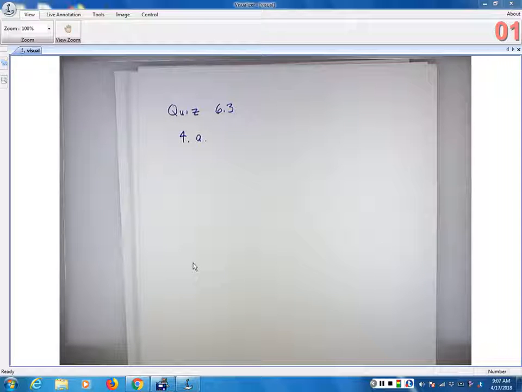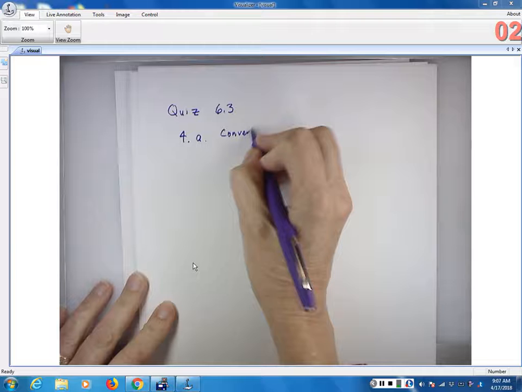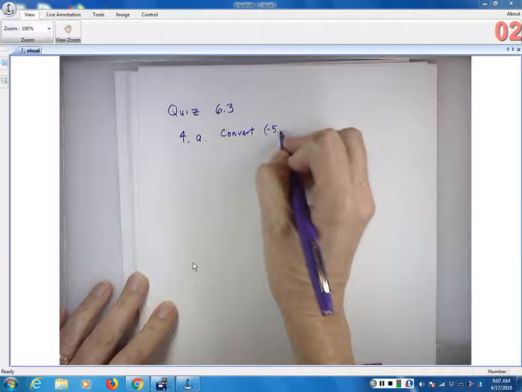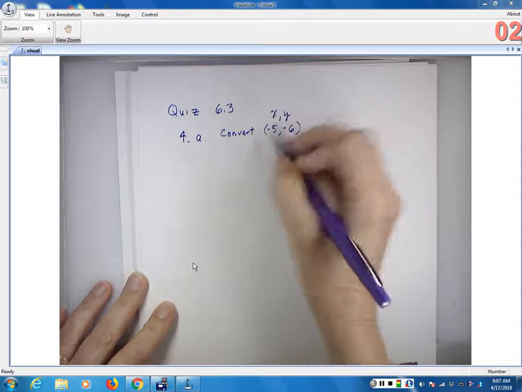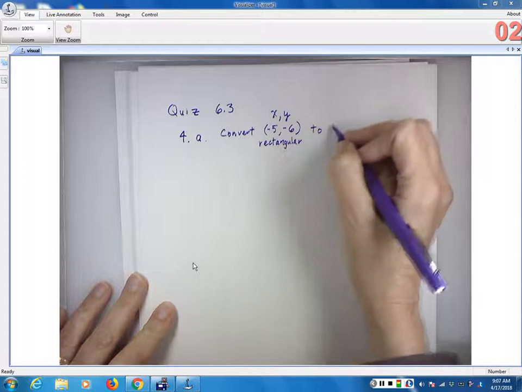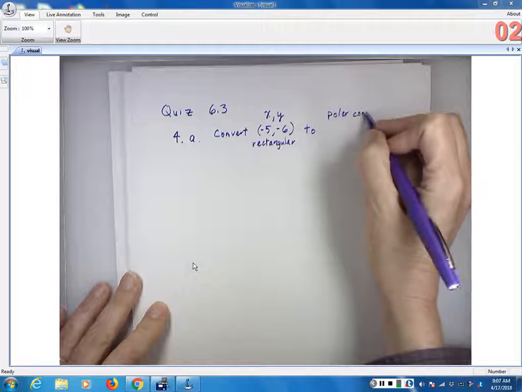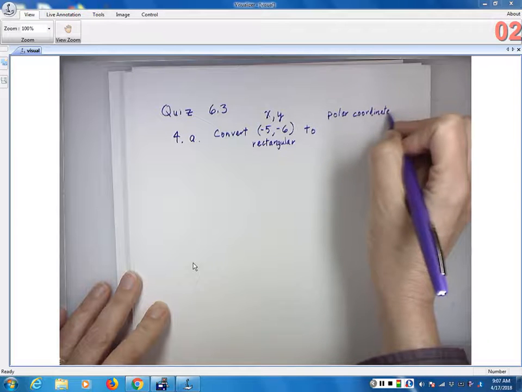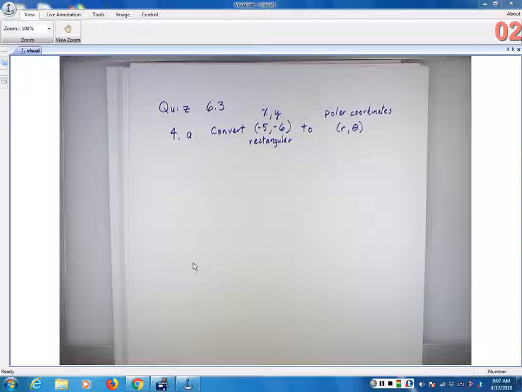All right, so 4A, we're going to convert -5, -6, that's x comma y, from rectangular to polar coordinates. And that's our theta. Okay? So what we're going to do here is